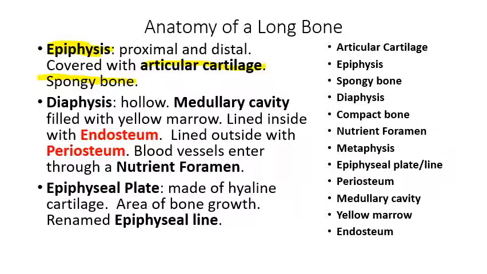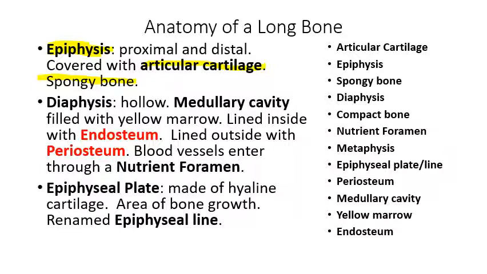The word articular refers to joints. So, any bones that participate in joints, particularly the bones of the arms and the legs, have an epiphysis where the joint is. If you look at the humerus, there's a bulgy part at the bottom and a bulgy part at the top. The bulgy parts are the two parts that are participating in the joint. And those epiphyses are coated on the outside with what looks like a plastic called articular cartilage. So the distal and the proximal epiphysis of the long bones are made of spongy bone and